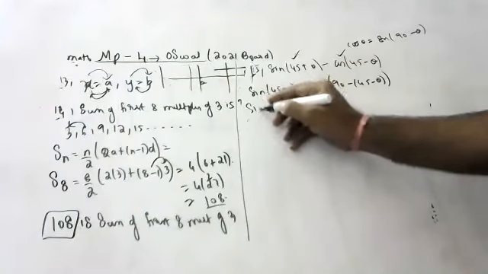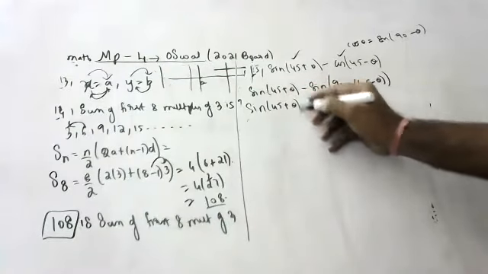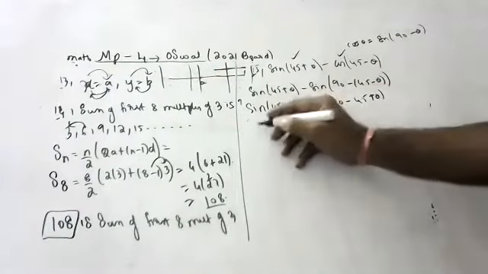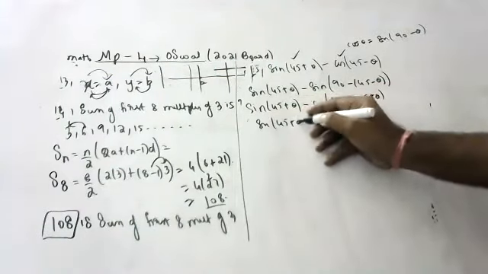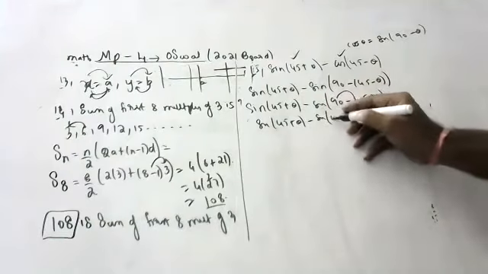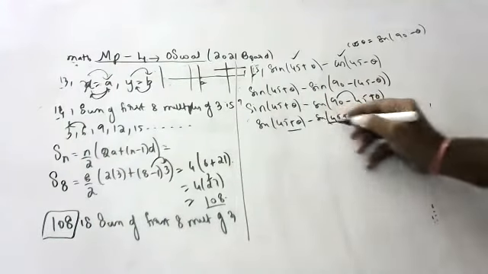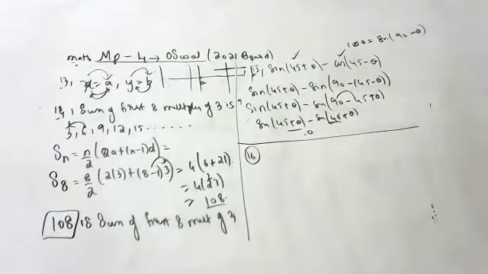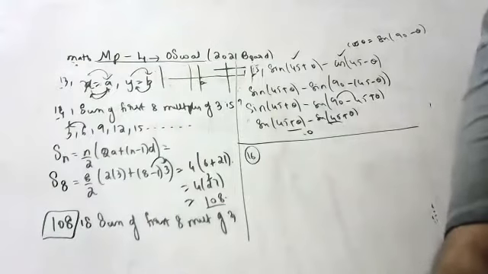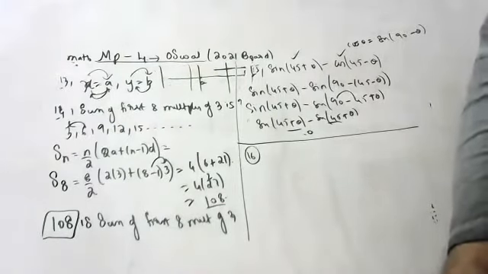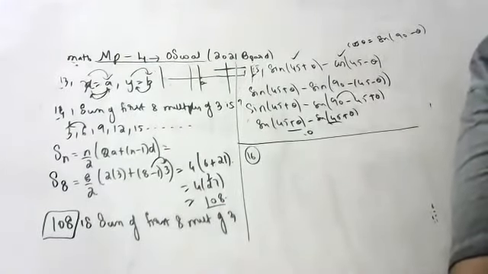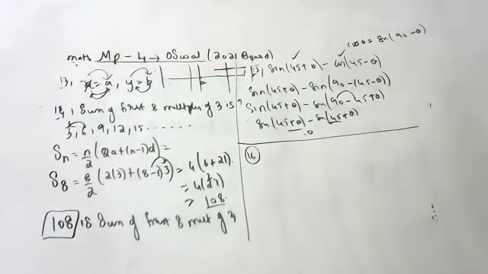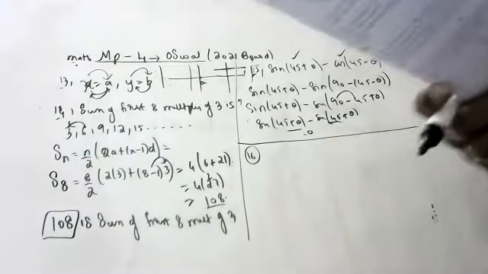Okay, Rakesh, lot of disturbance in here. Sin 45 plus theta minus sin into 90 minus 45 plus theta. So sin 45 plus theta minus sin 45 plus theta. Same thing minus same thing is 0. Next question. So children, next question.